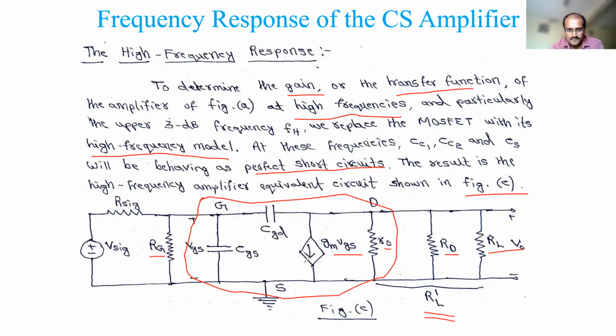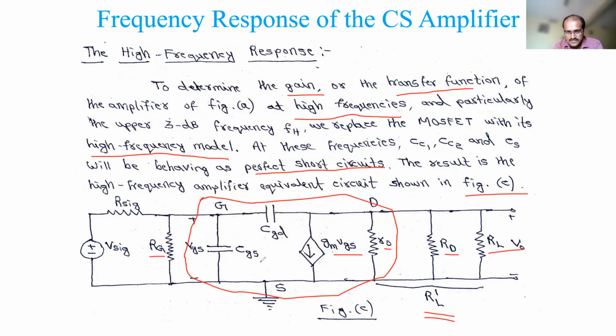Then we'll try to do the input side also. We'll try to apply Thevenin's theorem here, because I have 2 resistances and 1 voltage source, so I will try to reduce this to 1. Thevenin's theorem means a single voltage source in series with a single resistance. So I tried to form that for the input side. The output side is already in parallel, so it is replaced by RL dash. And this also we will try to analyze.